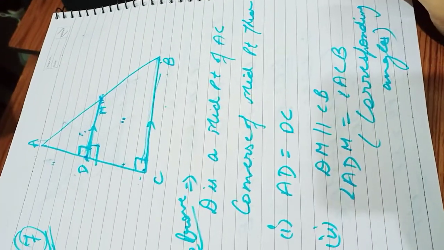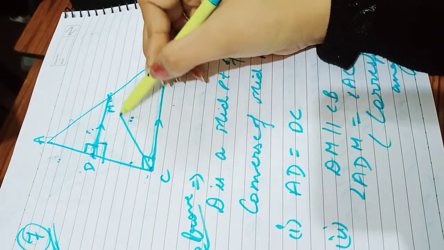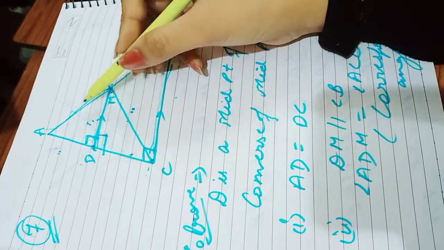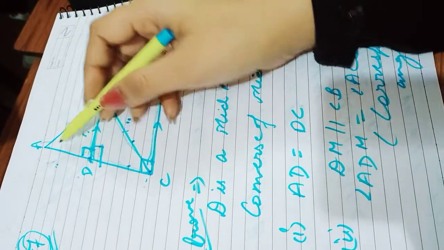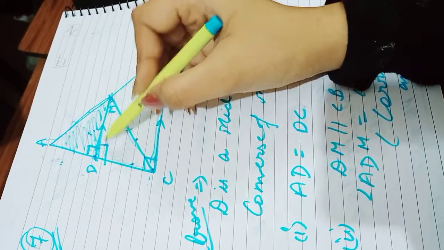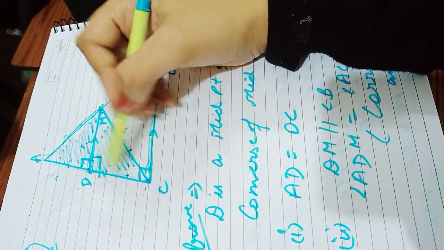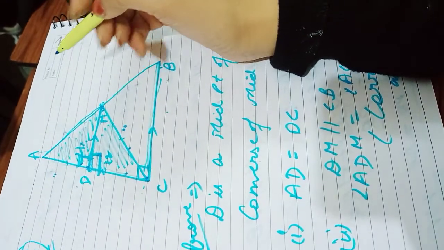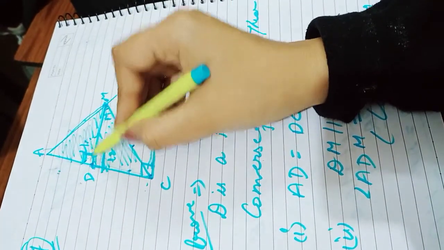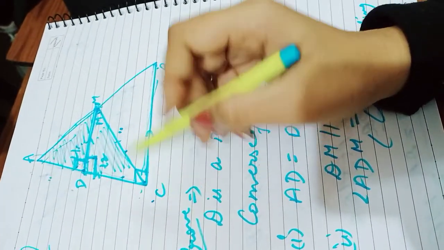Okay. Now in the third part, what do you have to prove? CM equal to MA. CM is this. MA, this you have to make them equal. How will you make it? Simply go in these two triangles and make them congruent. First triangle is this, second is this. How will we make them congruent? First of all, AD would be equal to DC, D is midpoint. Second, 90, 90, angle 1 would be equal to angle 2, each 90 degrees. And this point is M. So DM is equal to DM, common. So by using CPCT, you can say that AM is equal to CM. Third part was you have to prove AM is equal to CM,